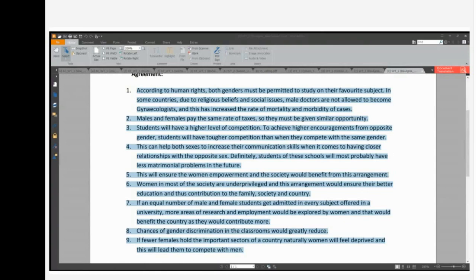You can write a simple conclusion in this regard if you are agreeing with that. So you can write in conclusion, universities should accept the same number of students from both genders and give an equal opportunity at every level. But if you are thinking to write against it, in that case you can write